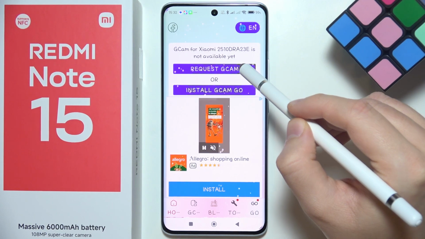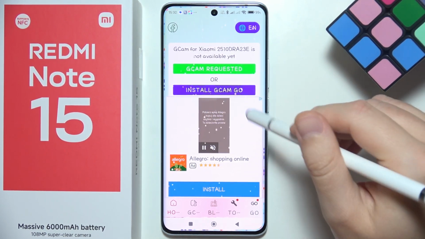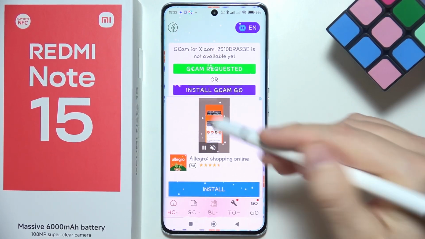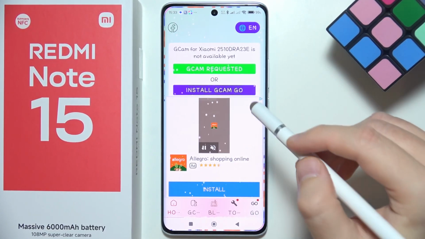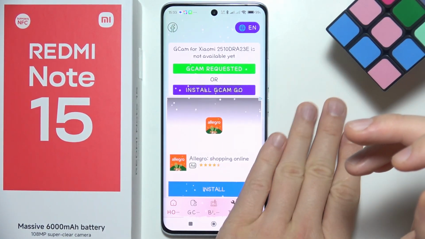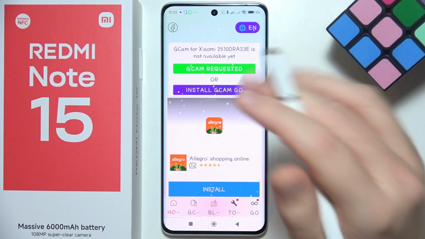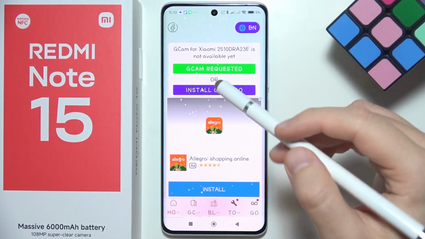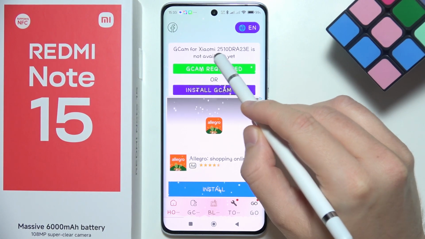I have to request the Gcam because I'm recording this video when this smartphone was released like 2 weeks ago. So this is the reason why it's not available. If you are watching this video like 2-3 months after it was recorded, probably you can just click here and download it. But if it is still not here, we have to remember about this phrase Xiaomi